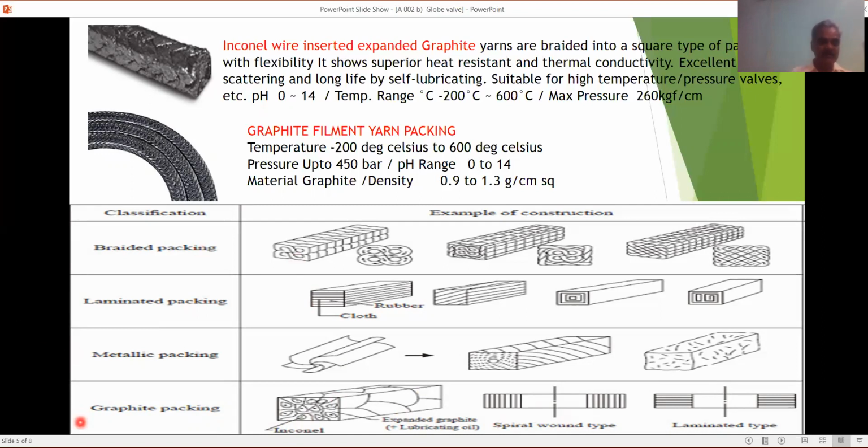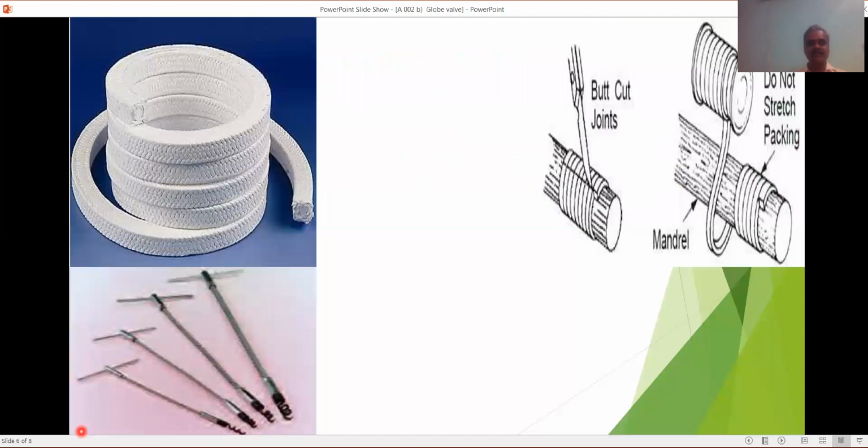Okay, my friends, see this PTFE gland packing. These are the gland pullers and butt cut joints. While using any packing like this, rope packing on the mandrel, do not stretch the packing. Just gently apply.